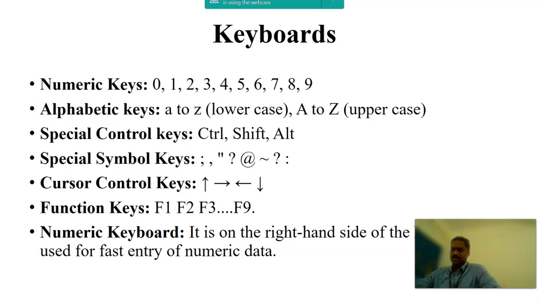The F6 key will cut certain information. Like that, a lot of shortcut keys are available in modern keyboards to perform particular operations. Next is the numerical keypad, which is available on the right-hand side of the keyboard and is used for fast entry of numerical data. And